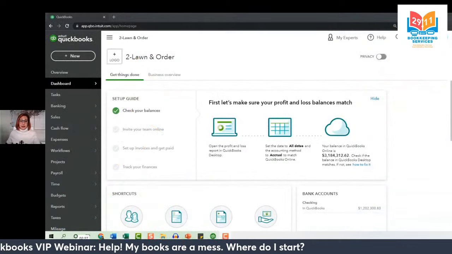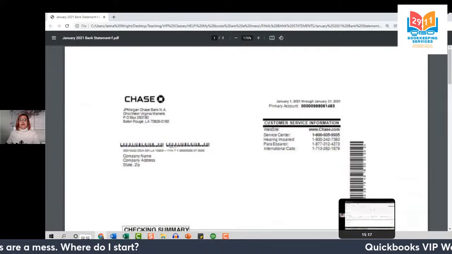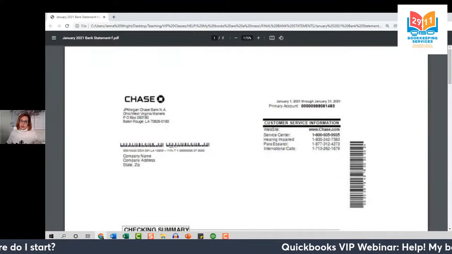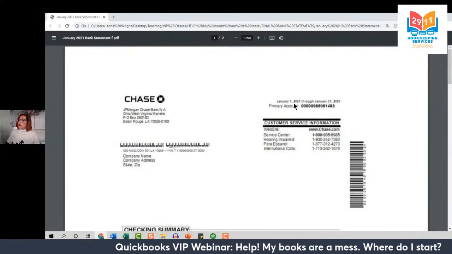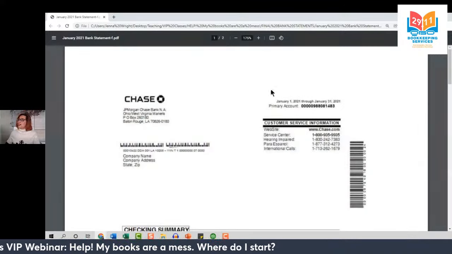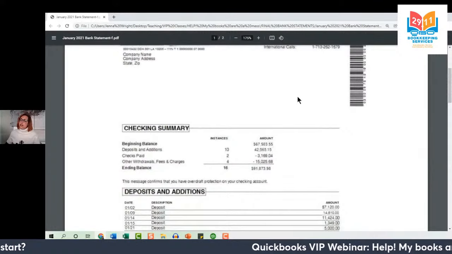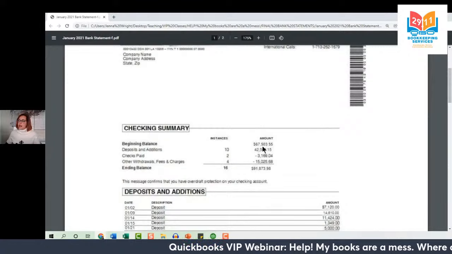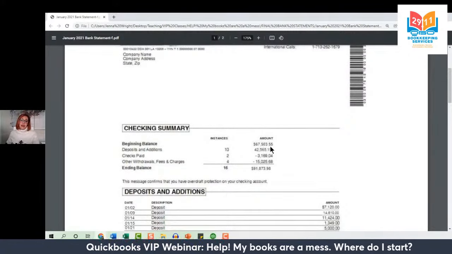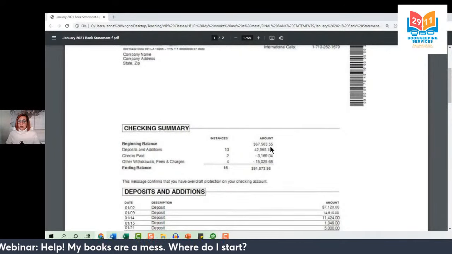So here we are in QuickBooks, and let's open up our bank statement from our goal date. I used QuickBooks to file our taxes for 2020, so I need things to be correct as of January 1st of 2021. And we know we need it to be correct as of January 1st because that's the first day on our bank statement, January 1st, 2021. Now, if we scroll down here on this statement, we can see our beginning balance is about $67.5K. This is our real world source document. This is the source of truth.